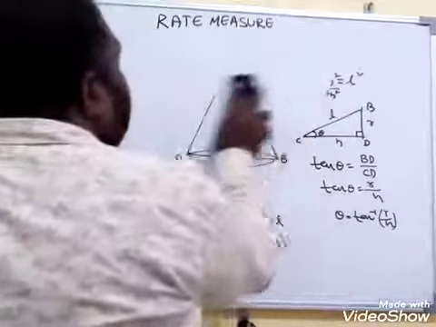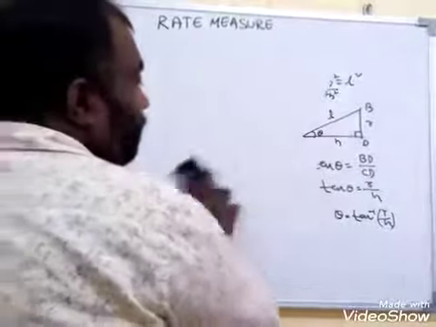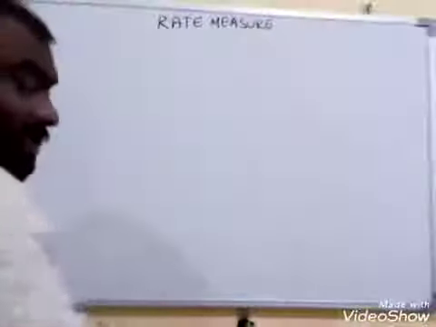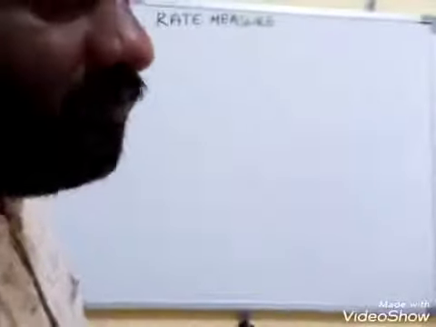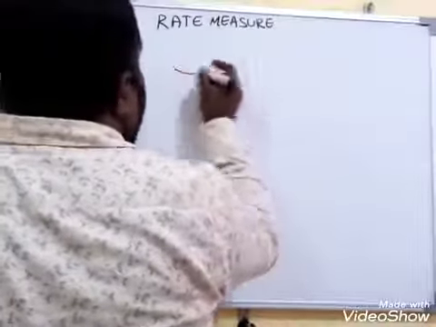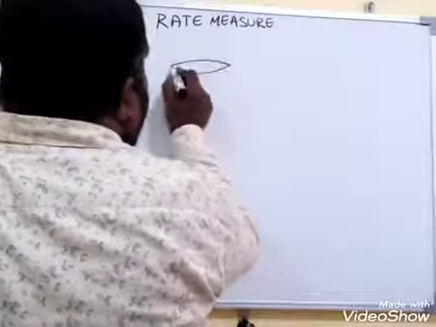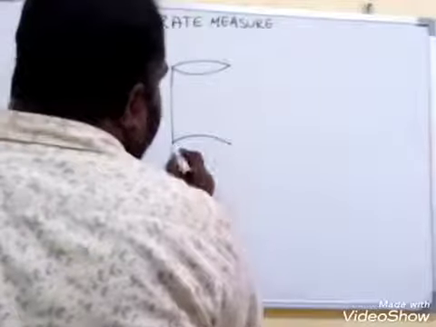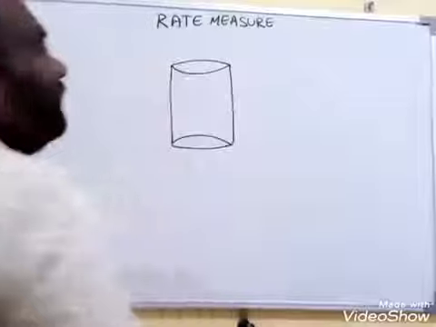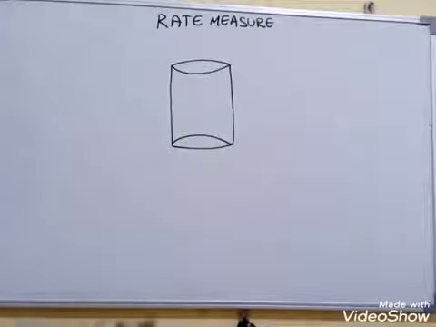That means we should learn the cone before learning the problems on cone. At the same time, we should learn about sphere also. Sorry, already we have completed some sphere. Now I am speaking about cylinder. Cylinder means not a gas cylinder. What you are seeing in the physics lab, you are using the cylindrical shape. This is the cylinder.